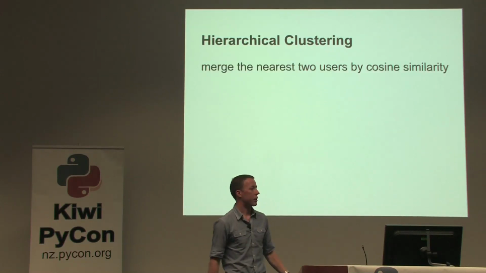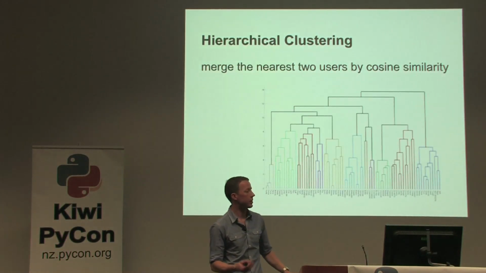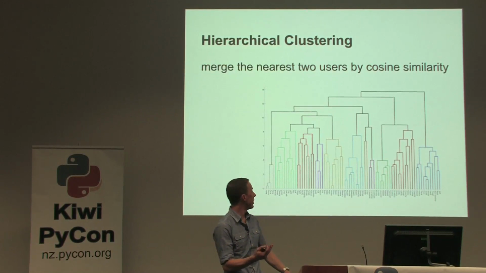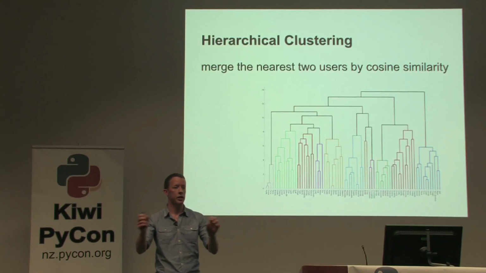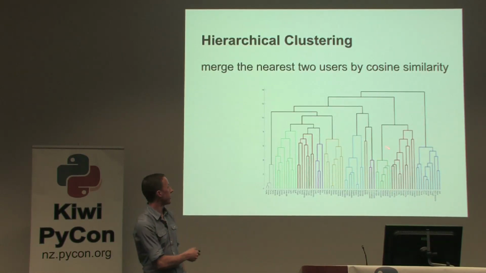And that causes problems with clustering as well. So this is my thought process as I went through this. How might I deal with this? Let's use the similarity between 2 user vectors and just draw a dendrogram. Let's just merge the nearest 2, treat them as 1. Merge the next nearest 2, treat them as 1. You'll wind up with a structure here.